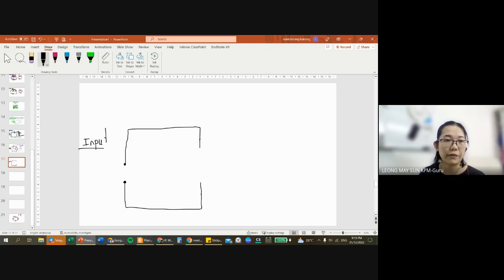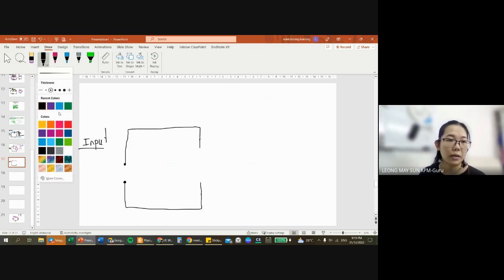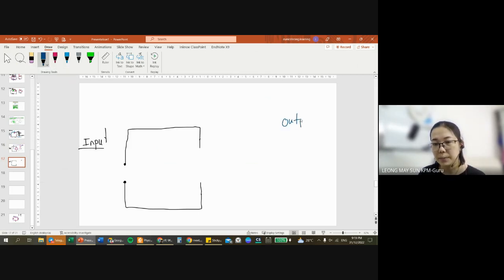Okay, so that's going to be the first one. Now I'm using another color so that you can understand it better. Okay, so we're going to draw the output right now. So again, 2 dots. Okay, 1 going in the middle,